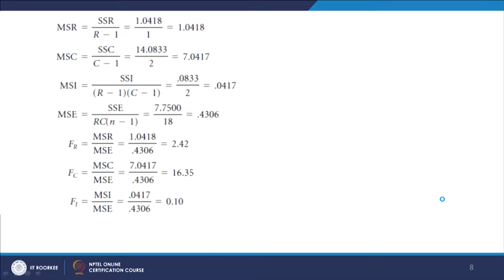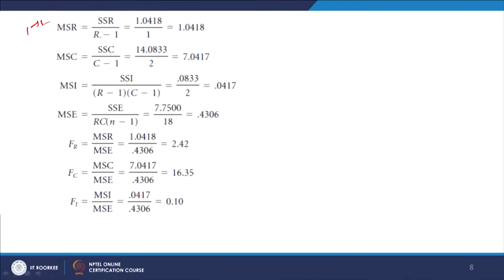So, from here what we do next is we find the mean sum of square. The mean sum of square for the first factor is the sum of square for the first divided by the number of rows minus 1. So, that is how much? For the first one there were 2. So, 2 minus 1. So, that is equal to 1.04. For the second factor you have how many? 3. So, 3 are American Stock Exchange, the New York Stock Exchange and over the counter. So, if you divide it, then it comes to 7.04.